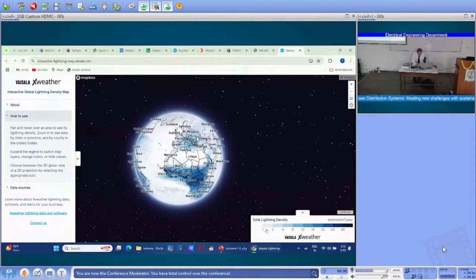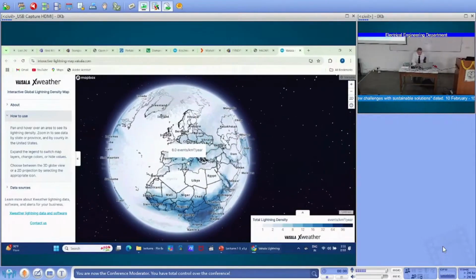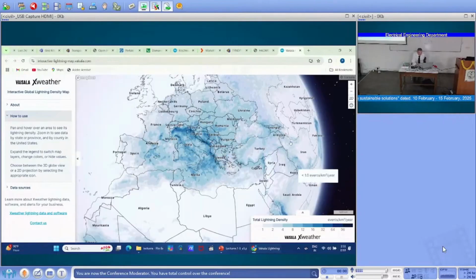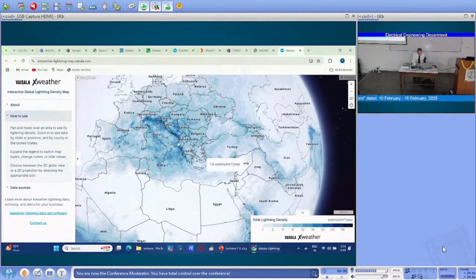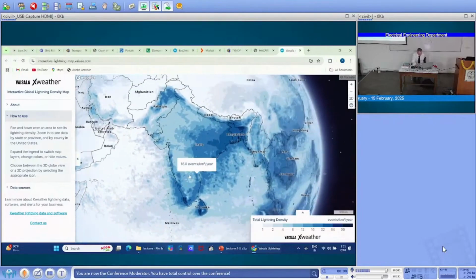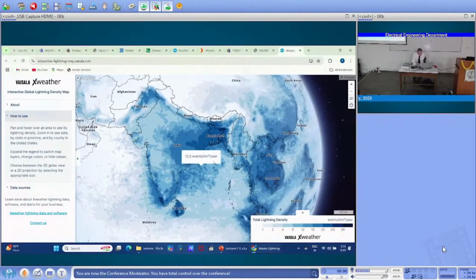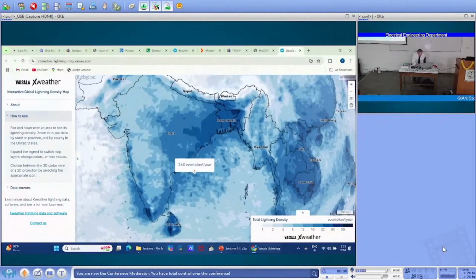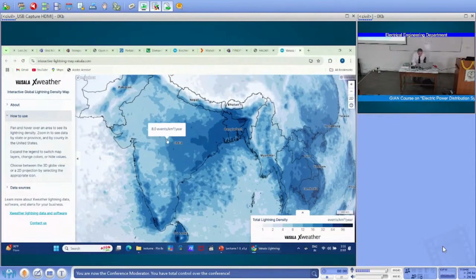You see, it goes from 1 to 100, and I can start with the region of Italy, but we can go also to India. Probably here are 8 events per square kilometer per year, here 16 events per square kilometer, 32,